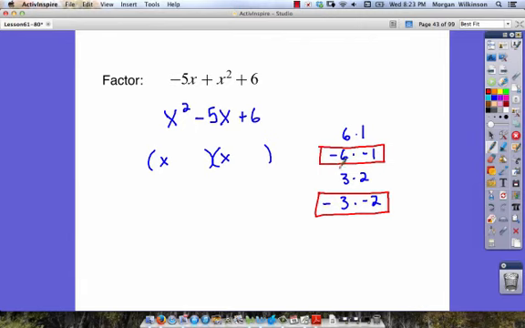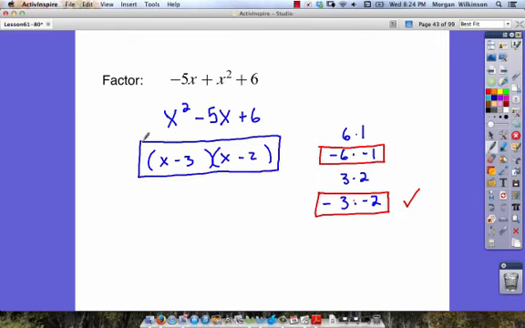So which one is it? Is it negative 6 times negative 1, or is it negative 3 times negative 2? Hopefully you said negative 3 times negative 2, because negative 3 plus negative 2 add to negative 5. So we can go ahead and write those in. We've got x minus 3, then we've got x minus 2, we've got our final answer, we can box it,